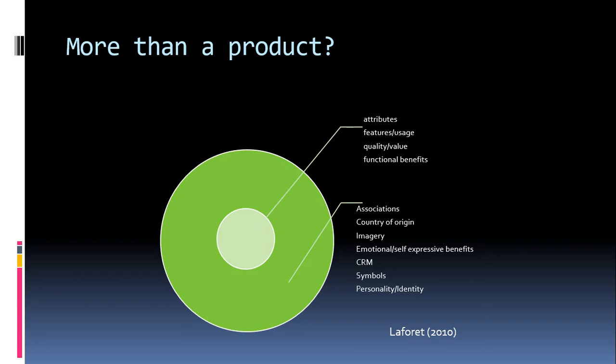Okay, and then personality is considered by some authors, such as Aaker, to be by far the most important element. So this is kind of if the brand was a person, what would that person be like? So what is the brand's personality? Aaker argues this is much more important than any other element of the brand, because it's this that determines whether the consumer wants to connect with the brand or not. Even more important than celebrity endorsement or any other associations that might be built to the brand. That actual personality is the key determining factor in terms of whether customers show a preference for it or not.